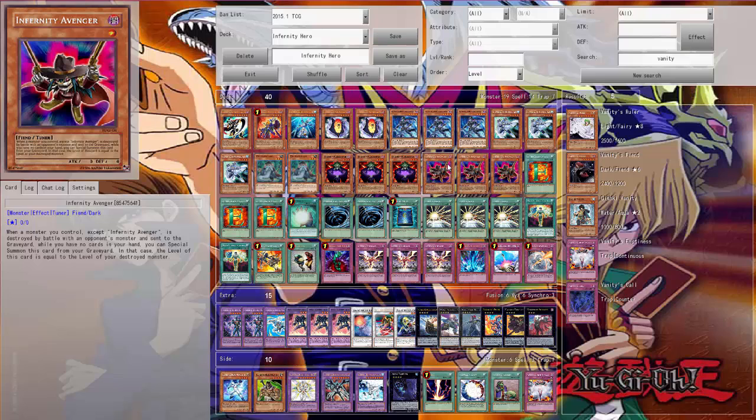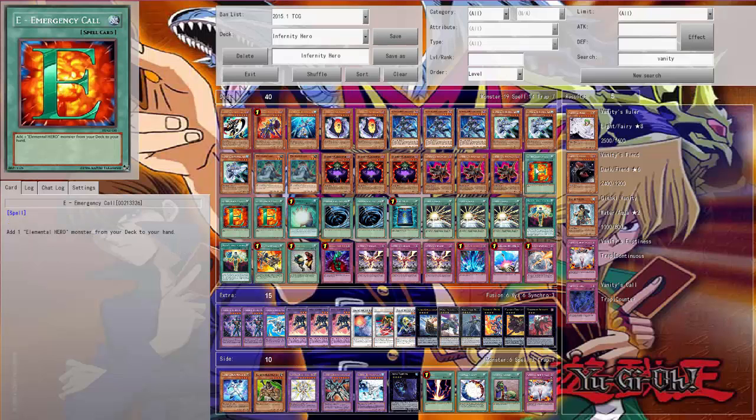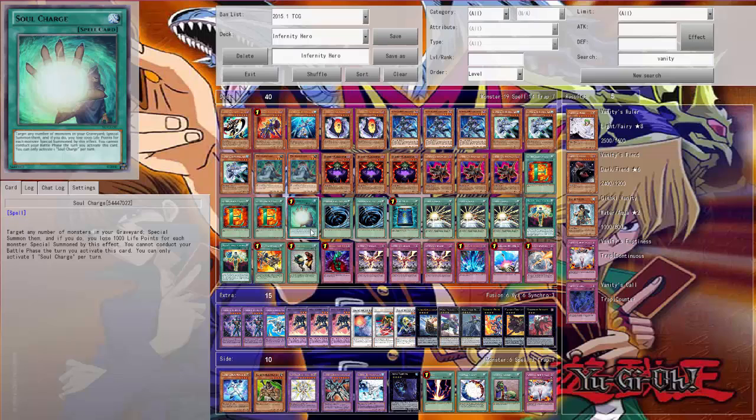And those are our monster lineup. As you see, we play 19 monsters. Now for the spells, we play 3 E-Call because with E-Calls, we just need to get our Shadow Mist as fast as possible to our hand, so we can do our plays. We play the 1 Soul Charge because every deck should be playing Soul Charge, and we can